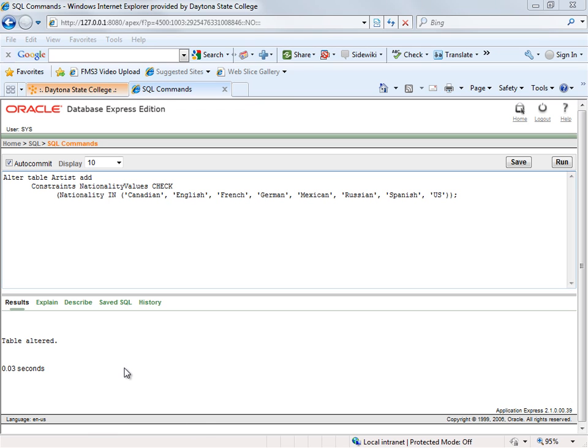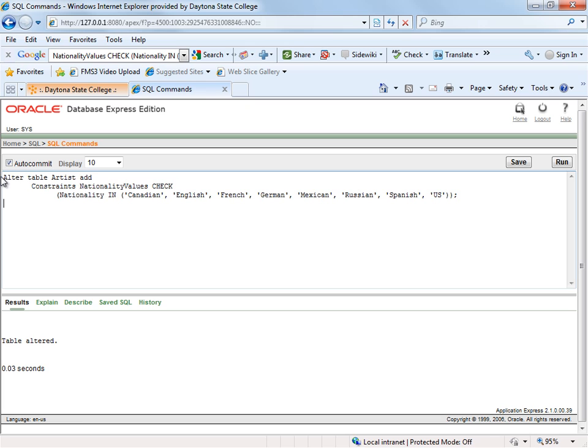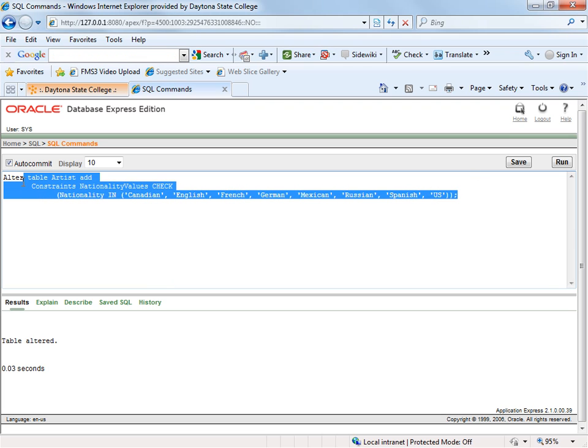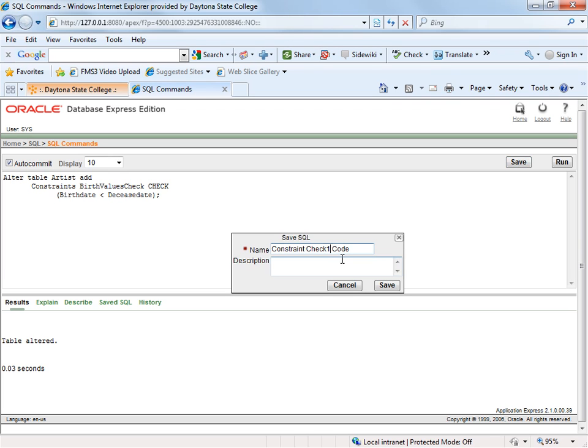I will add another constraint to check the birth value to make sure that the birth date is less than the deceased date. Then I will save it as check number 2,